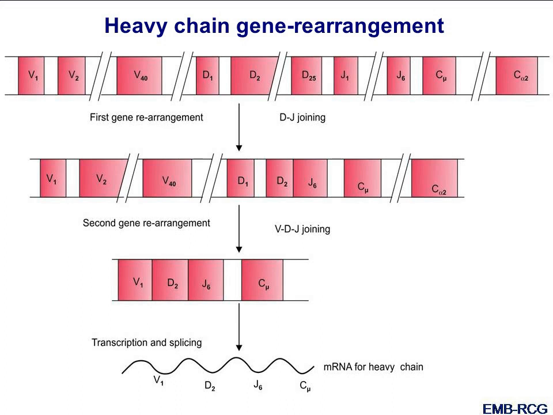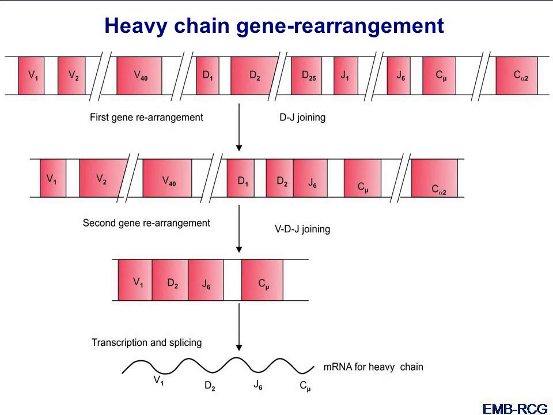For example, in this particular lymphocyte, it is the V1 gene from the V cluster which will join the DJ combination. So after this combination, V1, D2 and J6 have been brought together, and this is known as VDJ joining. Again, the DNA intervening between V cluster and D cluster has been deleted. So now we have this VDJ combination